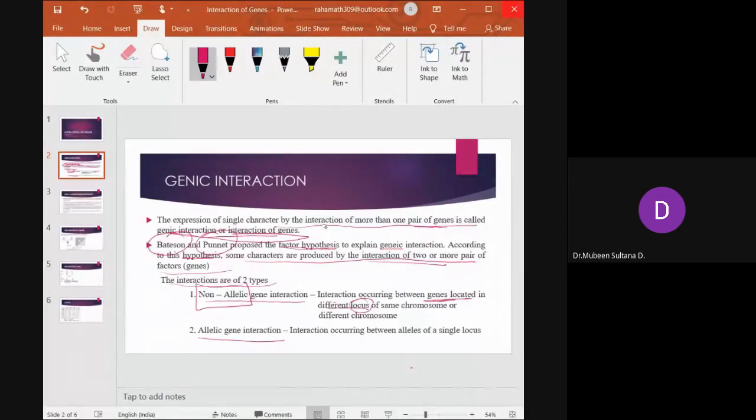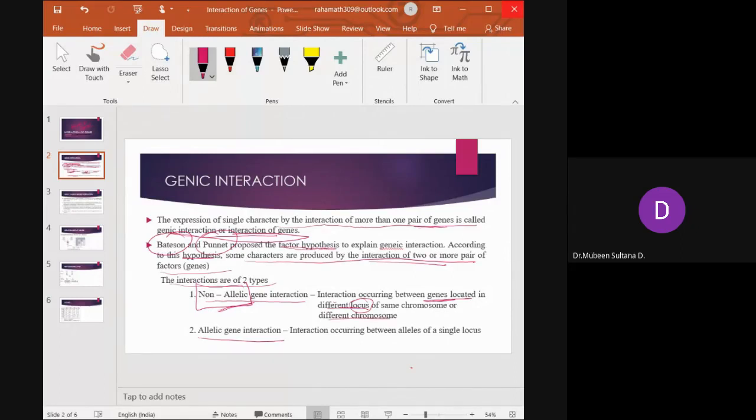Now, what do you understand by the term non-allelic? Located on different loci of the same chromosome or a different chromosome is called non-allelic. You know what is the definition of allele? You know what is the definition of loci, right? Allele is a pair of genes which is responsible for a specific character. So this can be present in the same loci, in the same chromosome, or in different chromosomes also. So non-allelic genic interaction is the interaction between the alleles of different loci within the same chromosome or a different